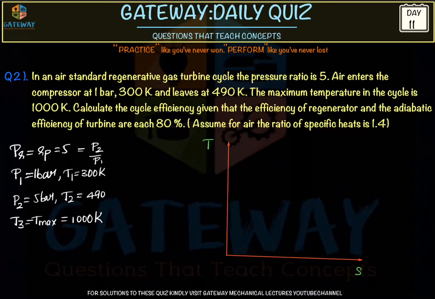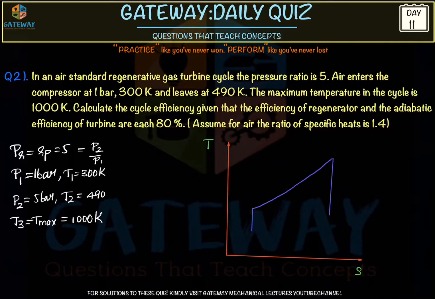The first will be the compressor, and the compressor will consume comparatively less power, compared to the turbine. The compressor is an isentropic process, and its line should be a straight line. And we know the turbine will produce more power than the compressor, otherwise there is no use of using the gas turbine, right? So the turbine will produce more power. So draw a larger line. Now we'll join both the lines.